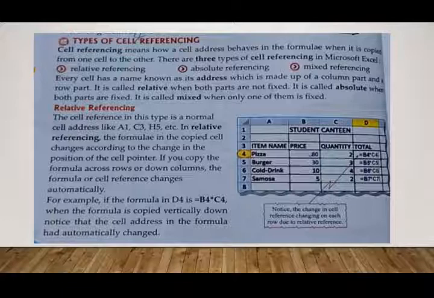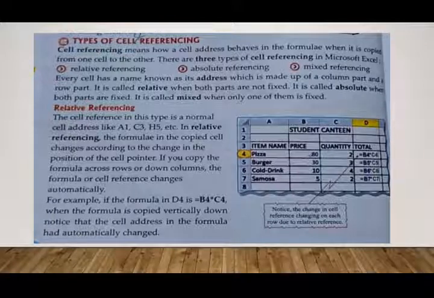Every cell has a name which is called the address, made up of a row part and a column part. A cell reference consists of a column letter followed by a row number. When the cell address only contains the column and row number, it is called relative referencing.